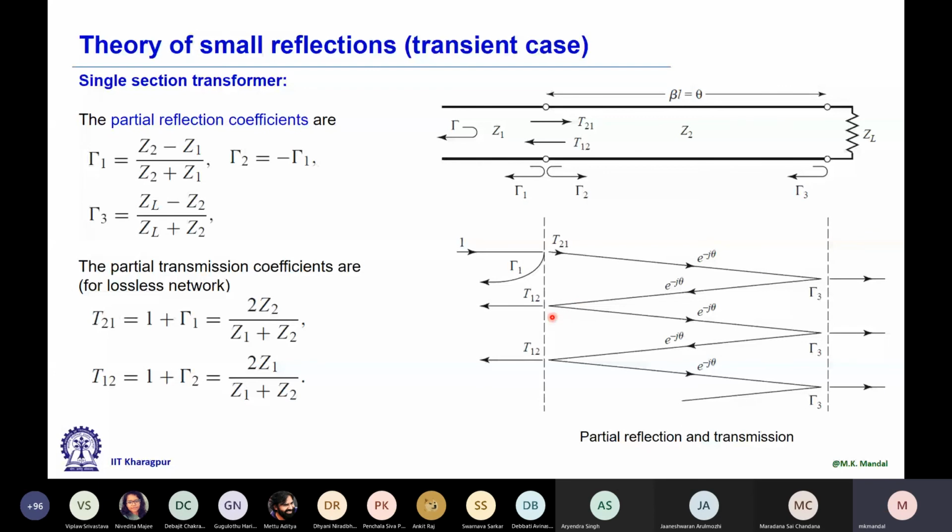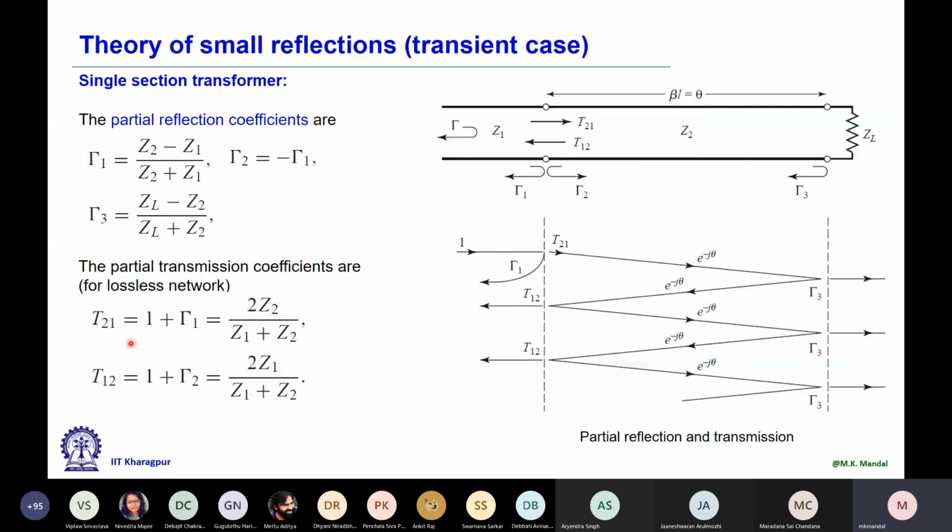A part is coming back to the transmitter. It is defined by the transmission coefficient now from port 2 to port 1, so T12. And the reflection coefficient gamma 2, let's see. Now we see gamma 2, it is just in opposite direction, but at the same junction. So this is Z1 minus Z2 by Z1 plus Z2. So gamma 2 is equal to minus gamma 1. And it keeps on going, right? And we can also determine the value of transmission coefficient T21, that is equal to 1 plus gamma 1.